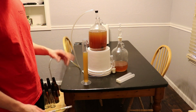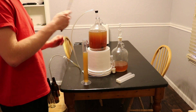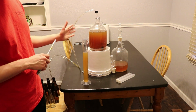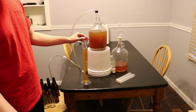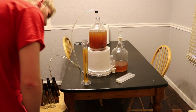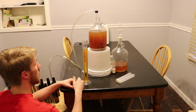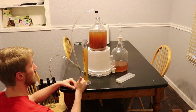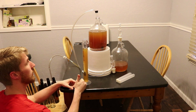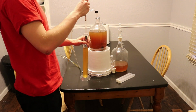And I know some people are going to disagree, and that's fine. But I'm okay with where it's at right now. I do want to take a final gravity, like I said, after I back sweetened, to see where it's at, because it dried itself out. So now it is sitting at, let's see, it's still dry. I think there's some sweetness that's still in there, because